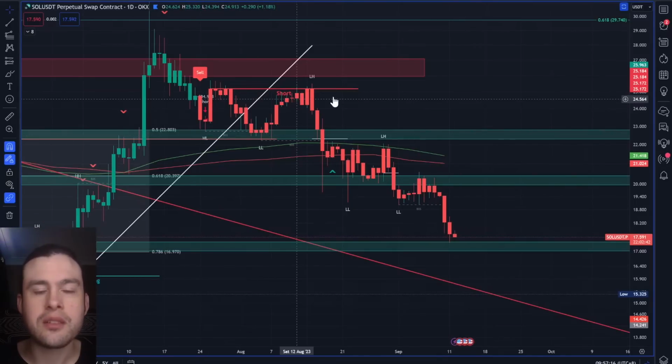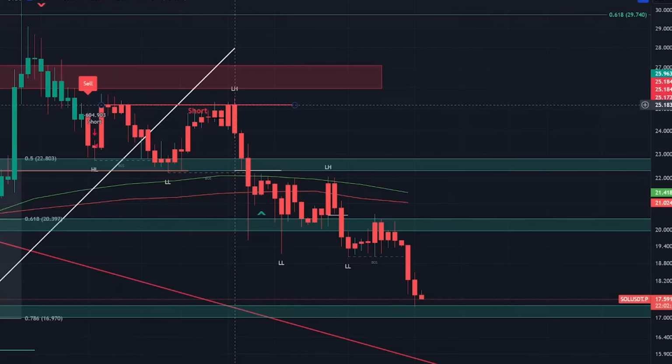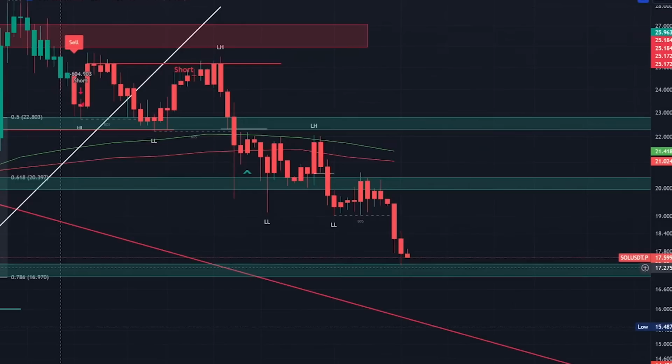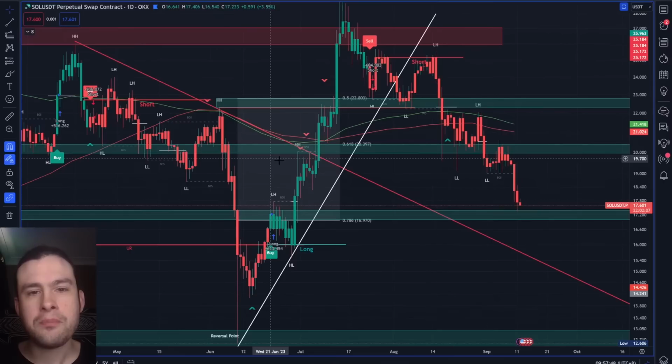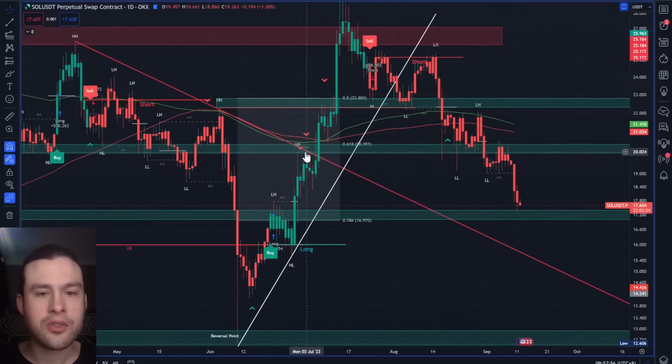But we said this was pretty much the time to get out of SOL or enter a short, and we had the break of the 20-week moving average band here. So we broke down below, held the support there, and floated around this level, between the 618 and the 20-week moving average band essentially, until we lost the support, it acted as resistance, and now we've come down here. And downside targets, we've got this trend line here, which we broke back in July, or it was the start of July,